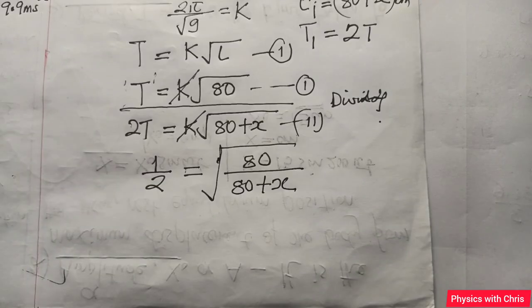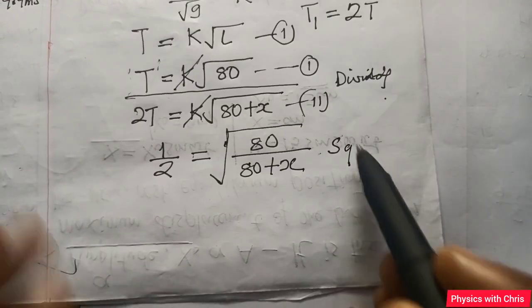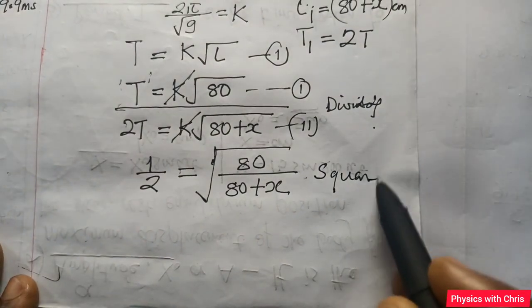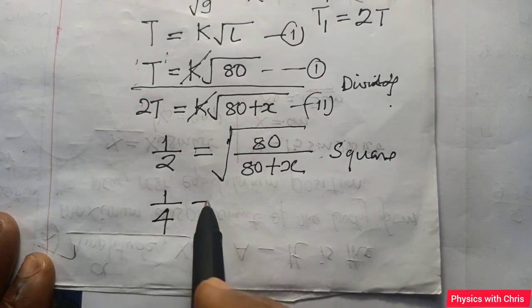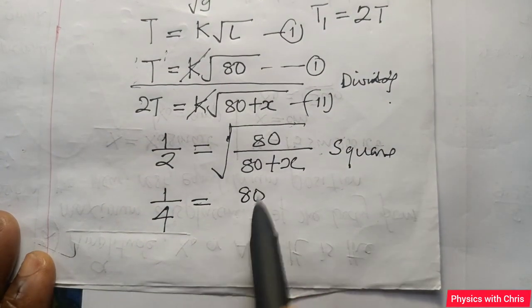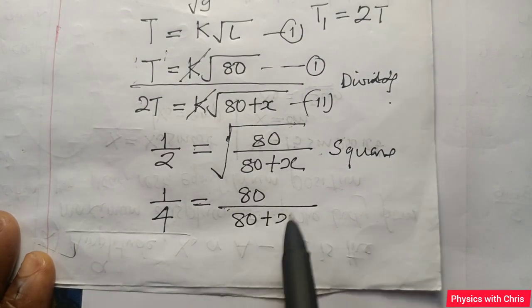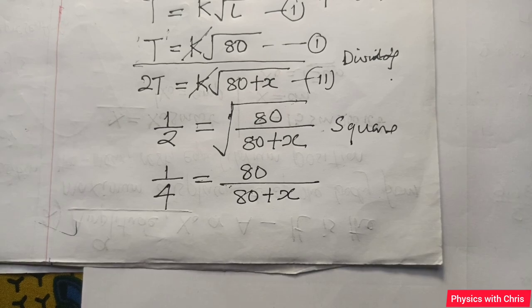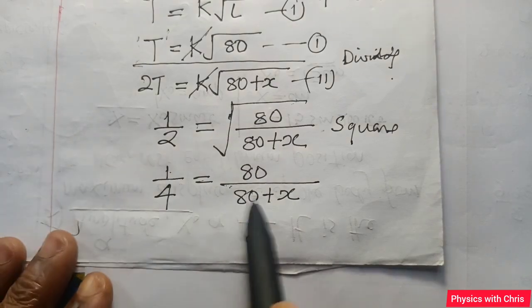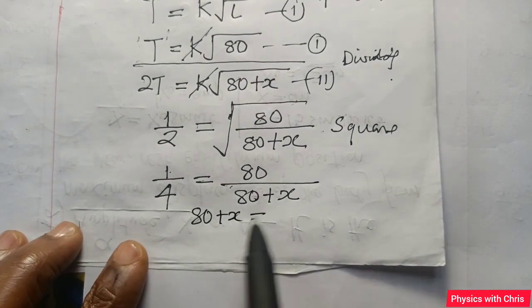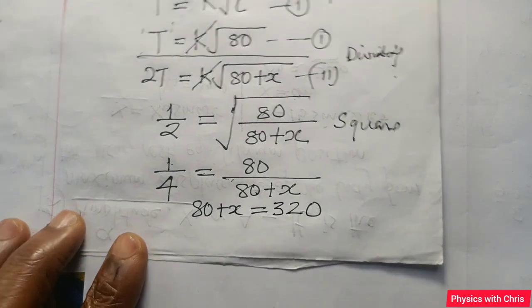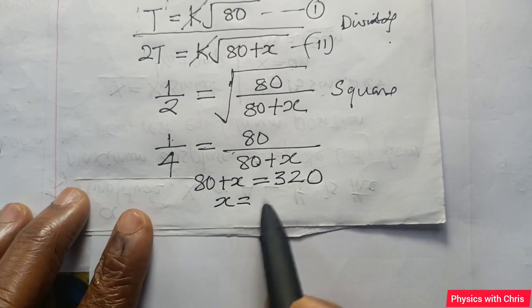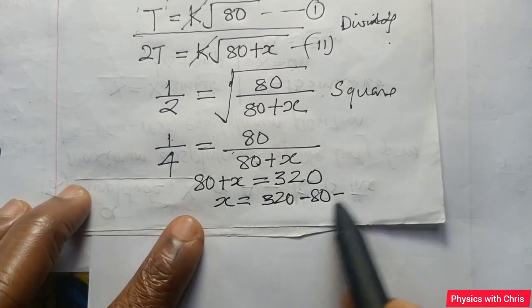I need to take off the square root sign, so I square both sides of the equation. Squaring gives 4 on the left hand side, equal to 80 plus x over 80. Now this is algebra. You know the rules of algebra: when given two fractions on either side of an equation, we can cross multiply. That gives 80 plus x is equal to 4 times 80, which is 320. I'll collect like terms. So x is 320 minus 80, that will give me 240